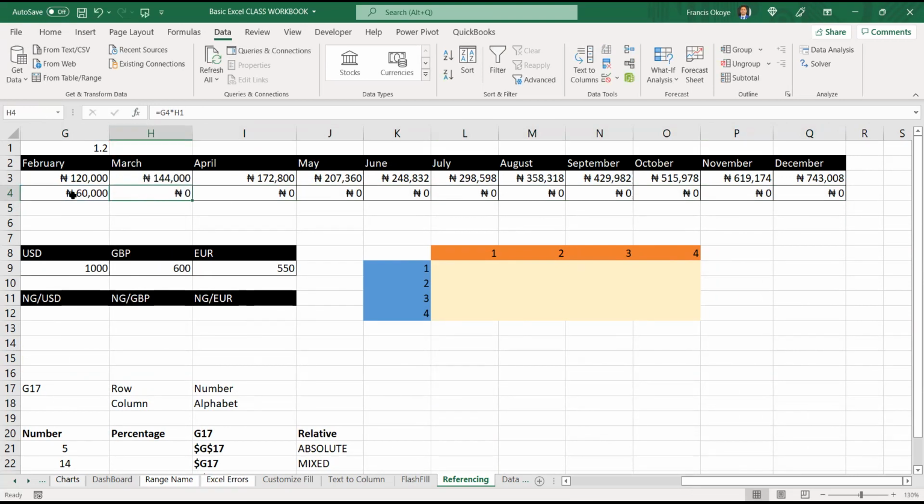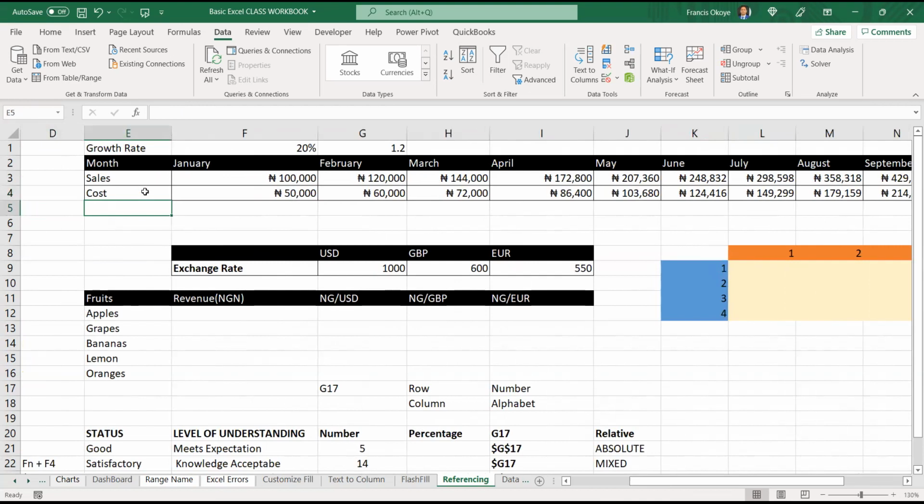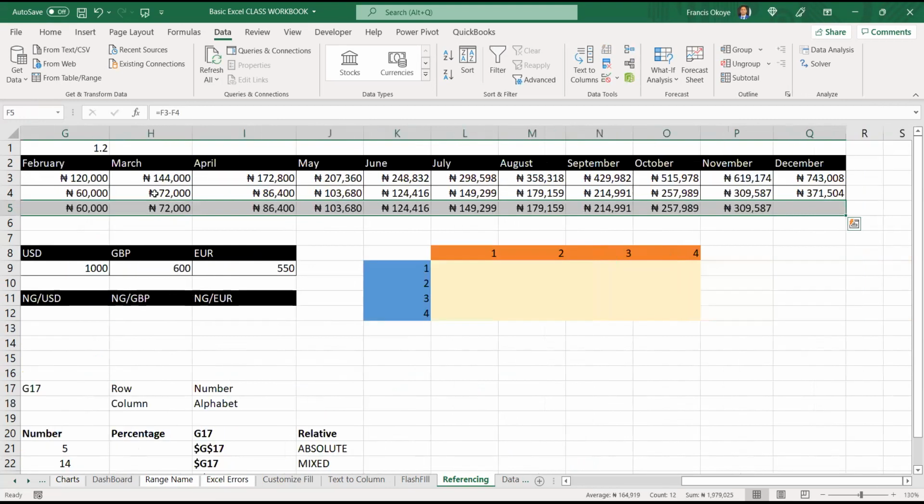The moment you see the error, you should always be able to identify where it is likely coming from. Based on this, you can now do your profits. Equal to this minus this. So that's profits.